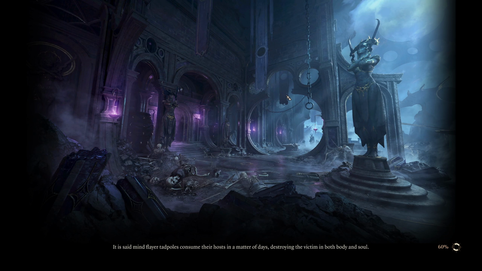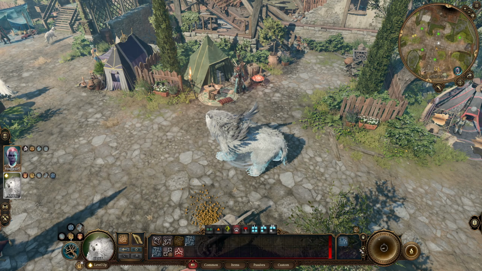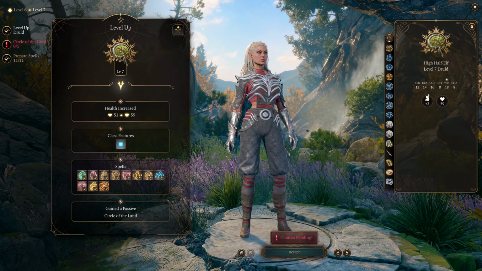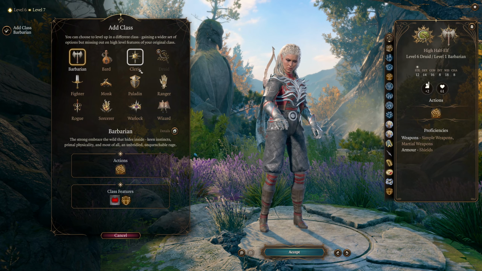And I'm going to show you how to increase our movement speed and how far the owlbear can fly even further. Because I'm recording, it's taking the game a second to load here, so apologies for that, but let's level up. And instead of leveling in Druid at this point, if we want the maximally silly build, what we do is